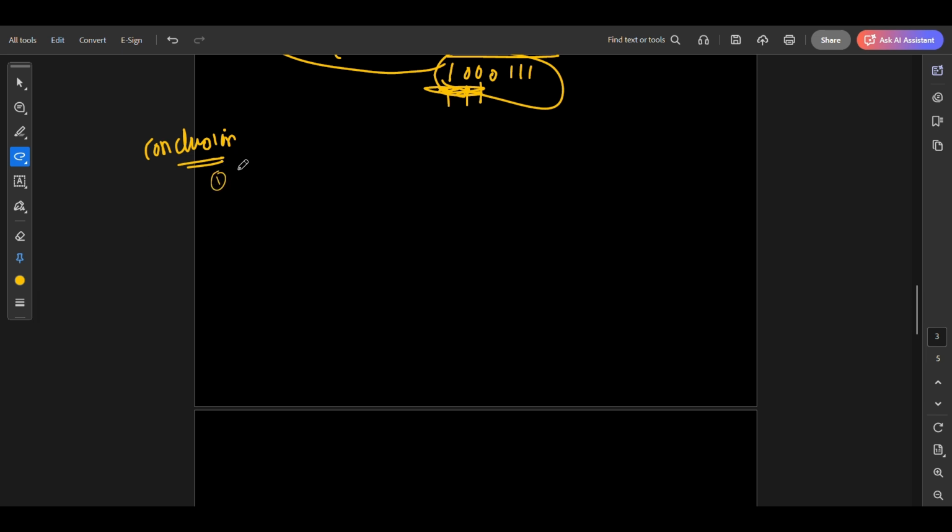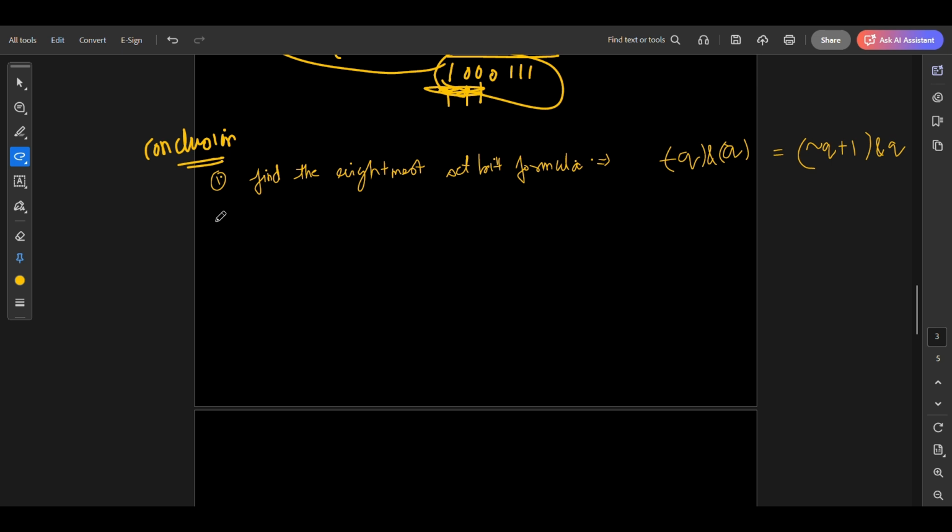Conclusion number one is that the formula for finding the rightmost set bit is minus q and q. Okay, and what does this minus q mean? It means invert of q plus 1, and q. Okay, the second point is specific to this question, and it will be,